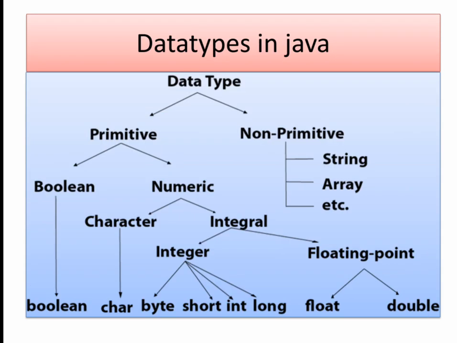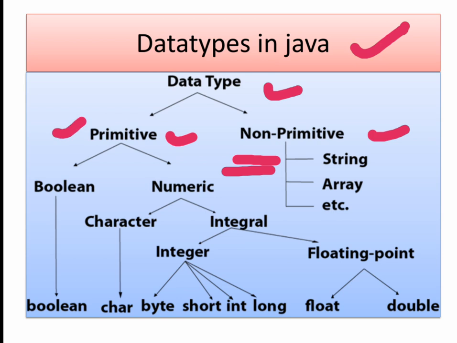See, data types in Java, a very important topic. Outputs come from this part. So how many data types are there? There are mainly two data types, primitive and non-primitive. Remember, non-primitive data types are also known as reference data types or composite data types. It is called non-primitive because we have used a different term for this, and primitive has the same name.